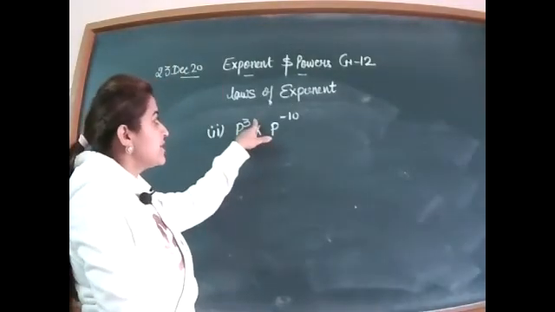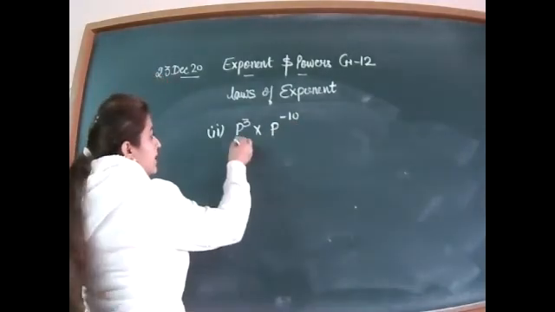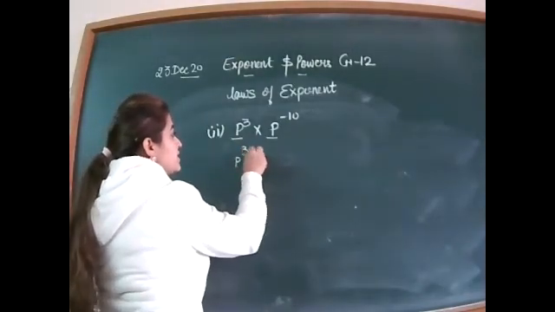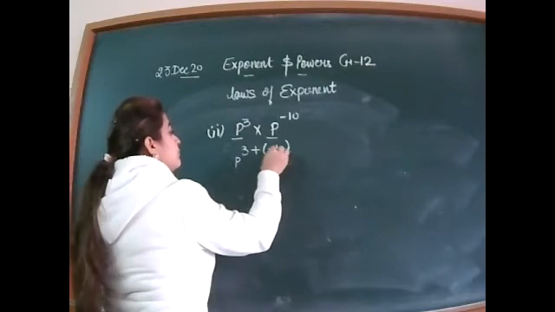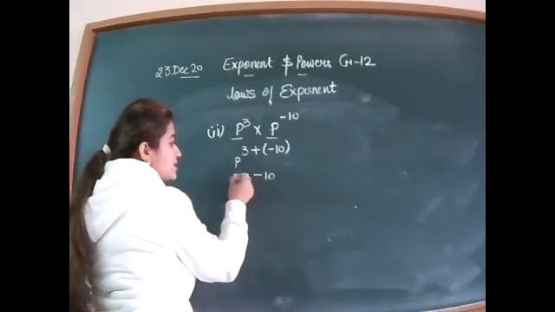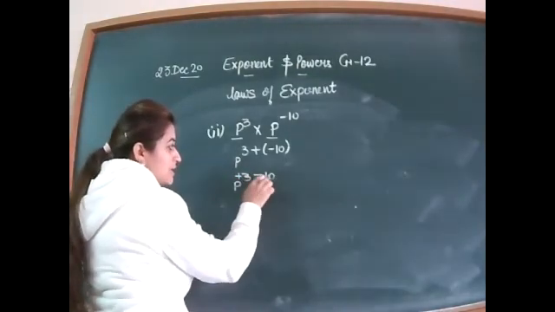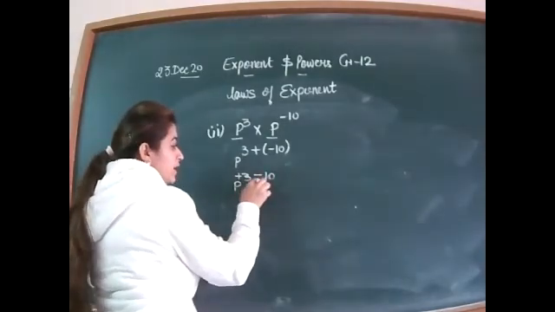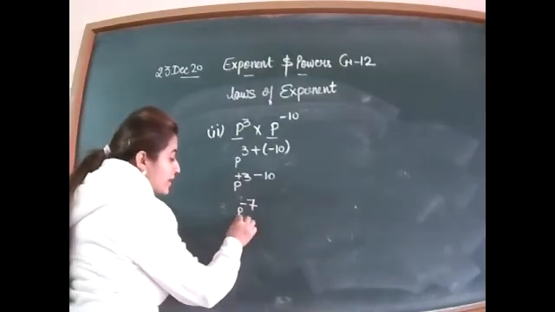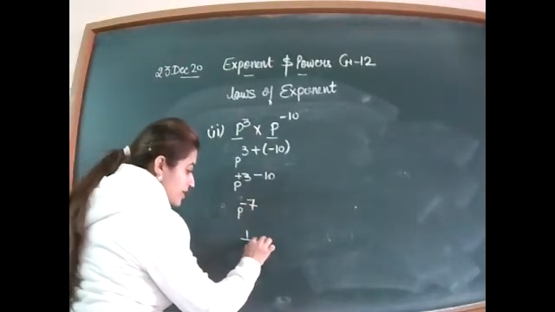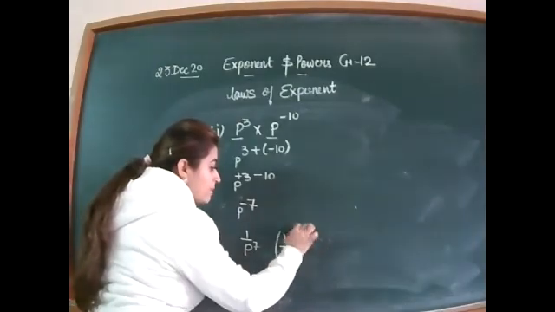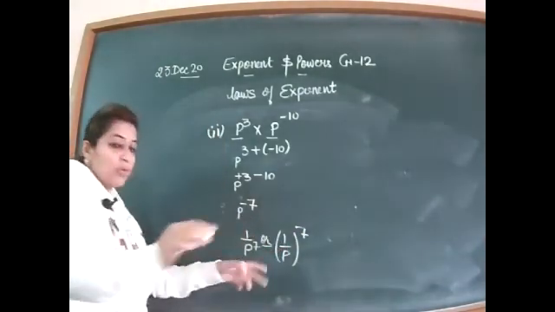Now the next question is p raised to power 3 into p raised to power minus 10. Here the bases are the same and the powers will be added. The base is p and the power 3 is added to minus 10. Now open the bracket, plus minus minus. As you can see that 3 has an addition sign in front of it, so plus minus is minus and the sign will be of the greatest, that is minus 7. Now as you can see that the power is again negative. If you make the reciprocal of p, it is 1 by p raised to power 7. This can be written in this manner also, or if you want, you can write 1 by p whole raised to power 7. So both are the correct ways.